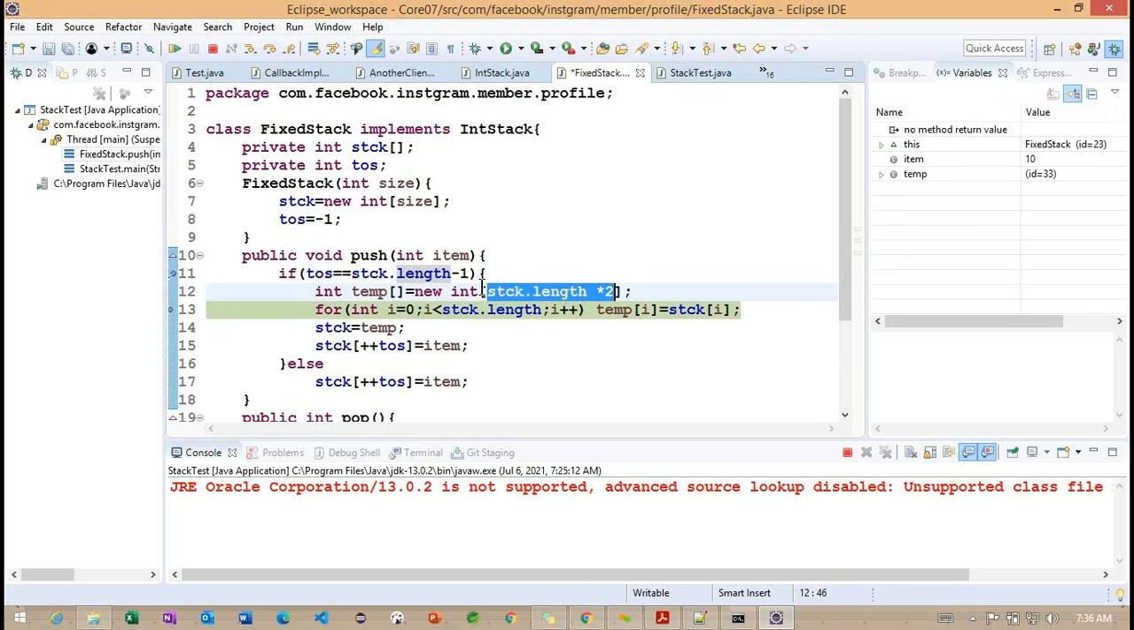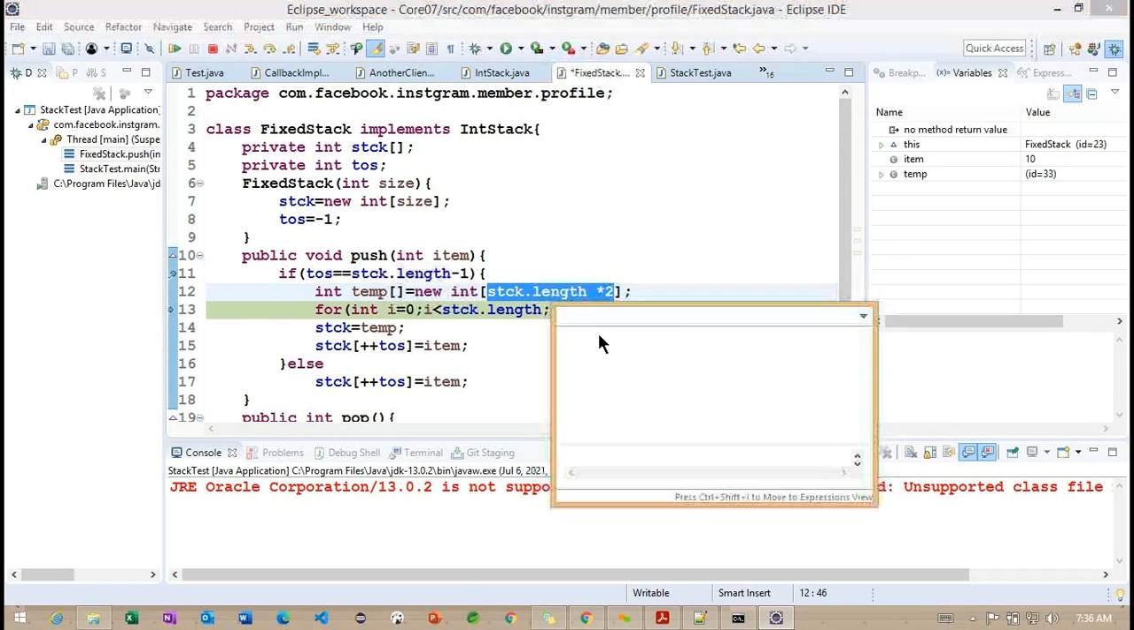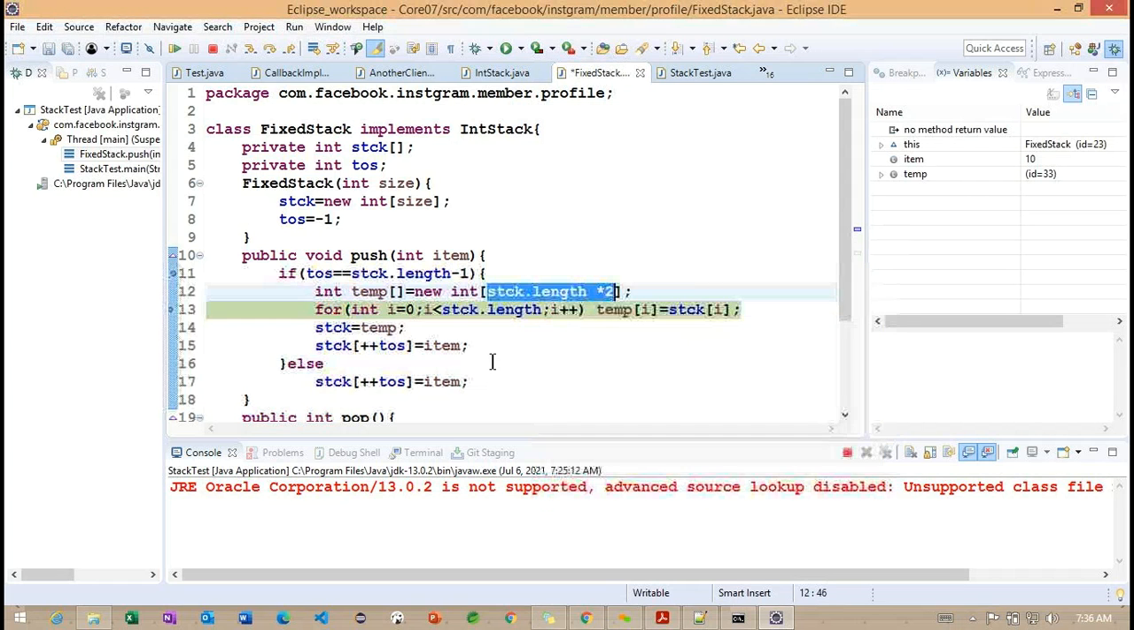Now you can see, so what is the stack we created here? The stack we created here is 20. Previously we created it as 10. Now we are creating 20. Again, whatever the 10 records we copied, we are going to copy the 10 records into this